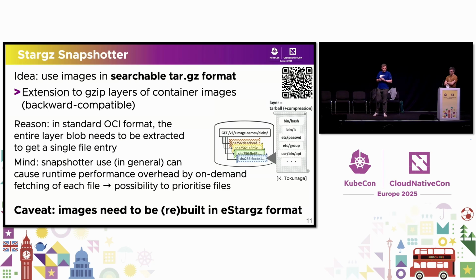So the first one that I'll discuss here is the so-called StarGZ snapshotter, and the idea is basically in the name: to use images in a searchable StarGZ format. That actually requires that the images that you push into your registry are different. So they use an extension to the gzip format, so that you can search these images. In the standard OCI format, you basically have to take the entire layer blob and extract it to get a single file entry. Now, by packaging everything into smaller tarballs, you can extract specific files individually, and that then enables this lazy